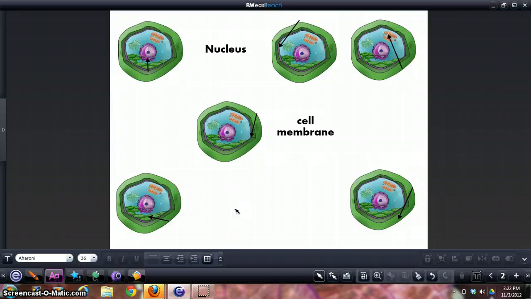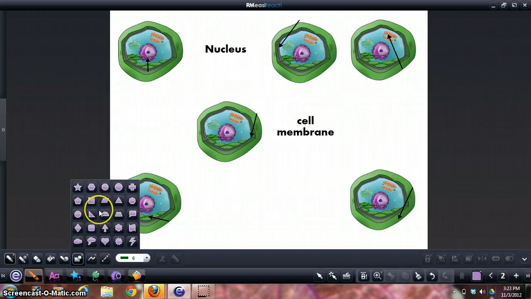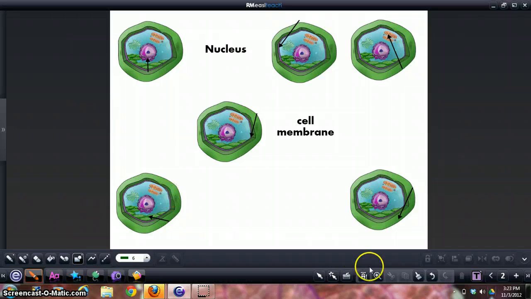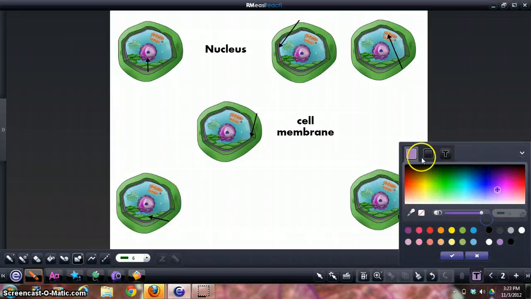Now the next thing I need to do is create a rectangle, and I'm going to go back to the drawing tools, and if you click on the shape tool, you can make a rectangle. You can choose what color you want the parts of the rectangle to be, and I am going to use this. This is the eyedropper, and the eyedropper matches any color that's already here. So I am actually going to match the blue, and I'm going to do it for both of the,